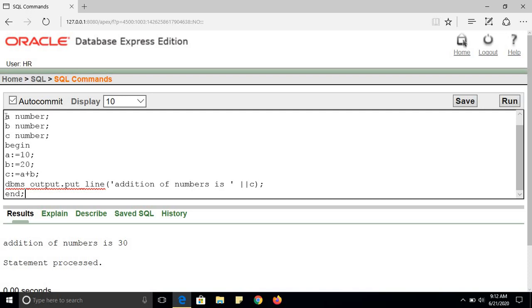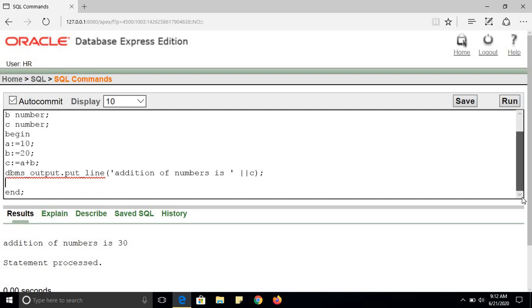For example, this was our program. I want to check if the addition of these numbers, stored in C variable, is greater than 50. If addition is greater than 50, then I will print 'addition is greater than 50'.